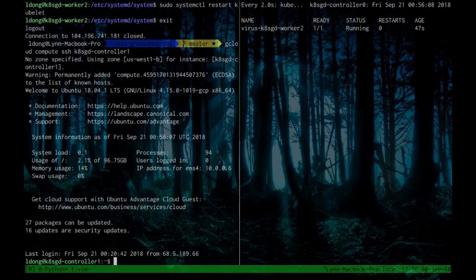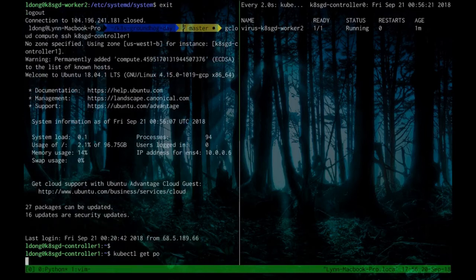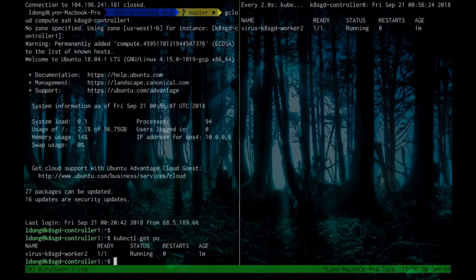I just want to show you that if you were to try and delete a static pod, it will come right back to life. So from here, we'll do a kubectl get po, and we'll see our virus pod running right there on node worker 2. We'll do a kubectl delete pod,